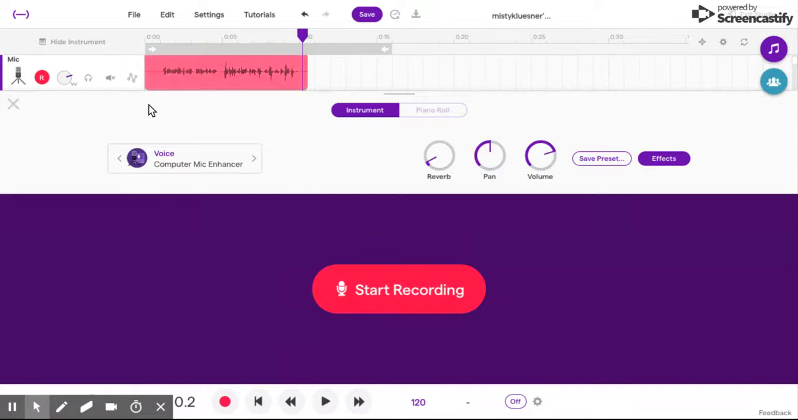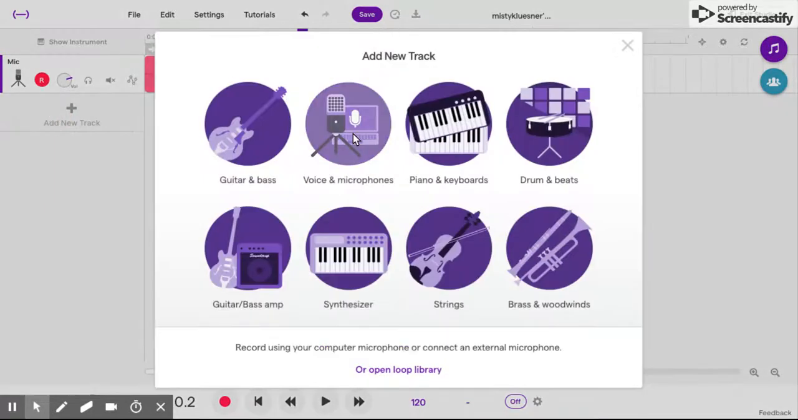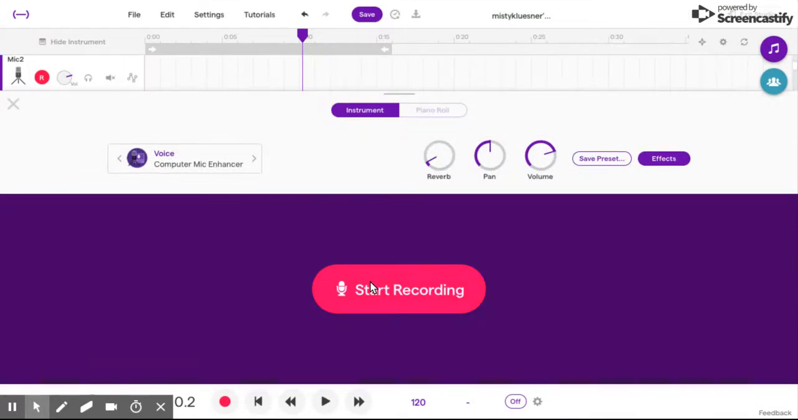So you can see now that I have my first track up here. And now what I'm going to do is click this X, and I'm going to add another voice track, and I'm going to keep doing this until I've recorded all of the parts of my poem, or for you, all the parts of your podcast that you'd want to record. If you are not sure how you feel about this, I always recommend going back and playing it over, listening to it. And if you're happy, move on. If you're not happy with it, you can always re-record it. So I'm going to go to Add New Track, Voice and Microphone, and